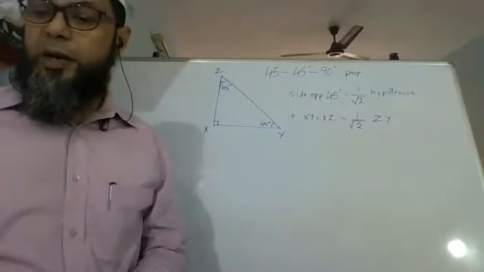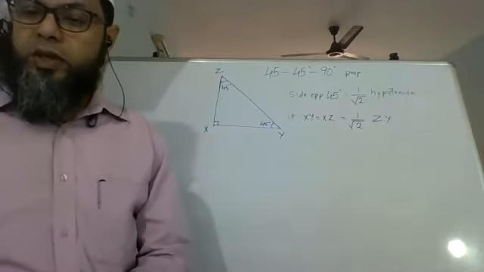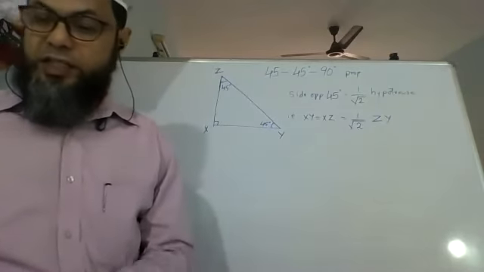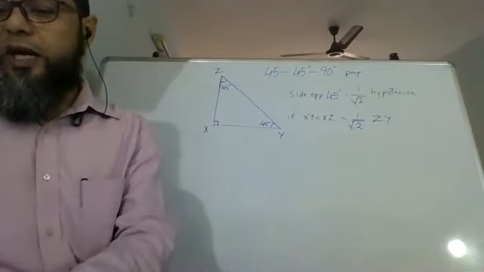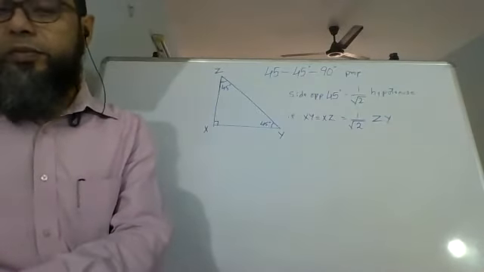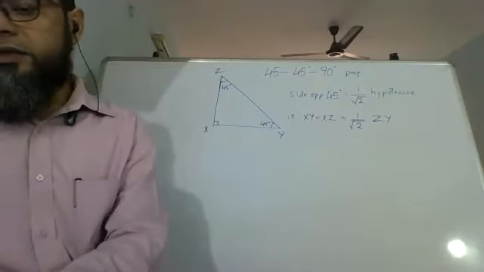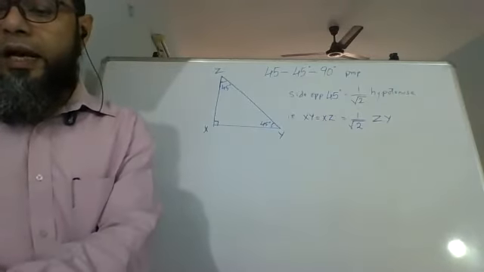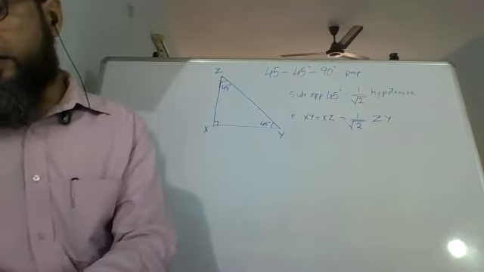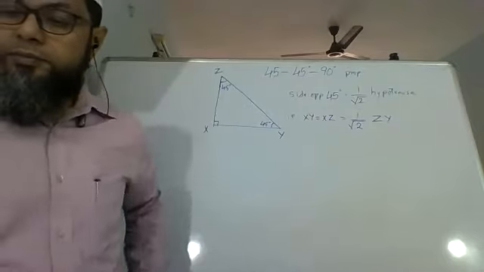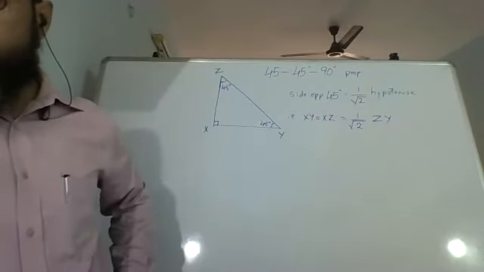Just write down the statement of this theorem. Write down the statement of similarity in right angle triangle, so that when we start tomorrow, we'll save that much time. Write down the theorem statement: In a right angled triangle,